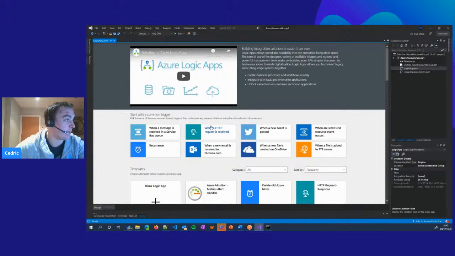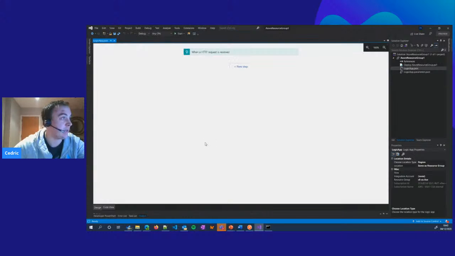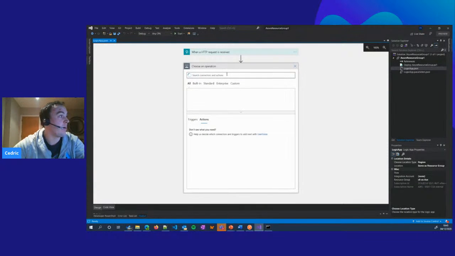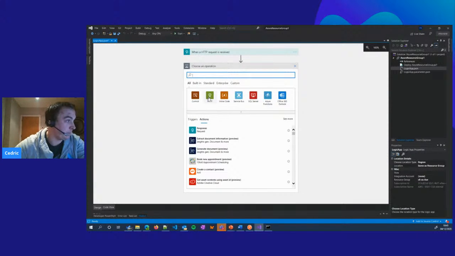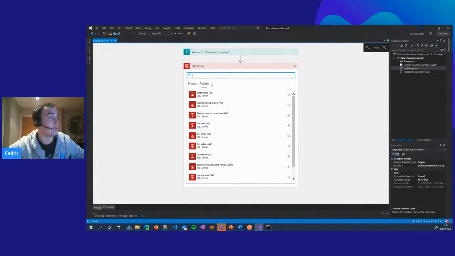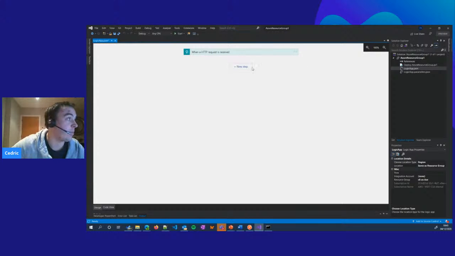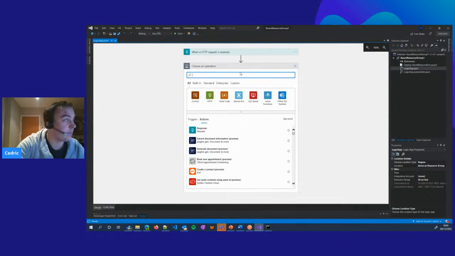And here we can just, as we did in the portal, say, okay, when an HTTP request is received, we're going to do a new step. We have access to the connectors. We can do some inline code here. We can do a response immediately. We can do some SQL integrations. If we click, for example, here and search for Cosmos,